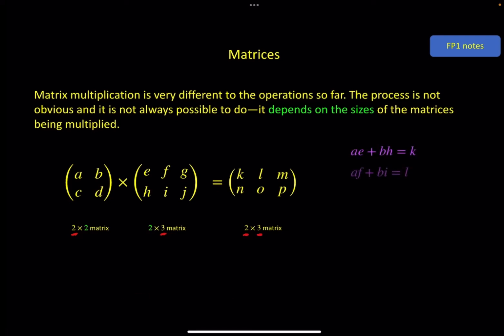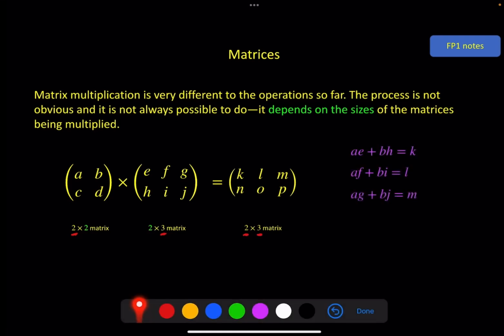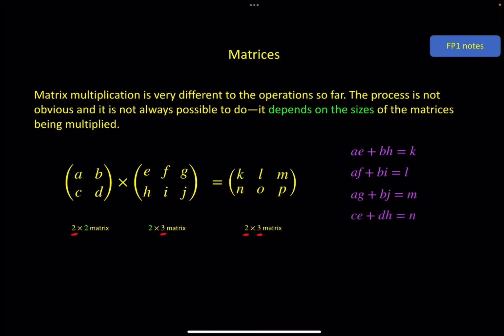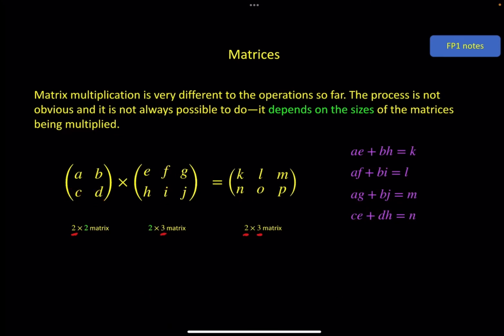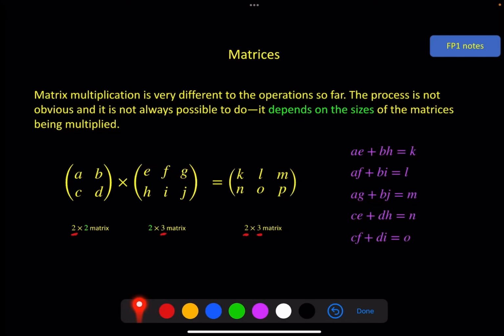So putting all of these on the screen here for the first row, you then go to the second row, first column. C times E plus D times H gives you second row, first column answer there. C times F plus D times I gives you O. C times G plus D times J gives you P. So this is a full statement of all of the multiplications that you're doing for a 2x2 and a 2x3